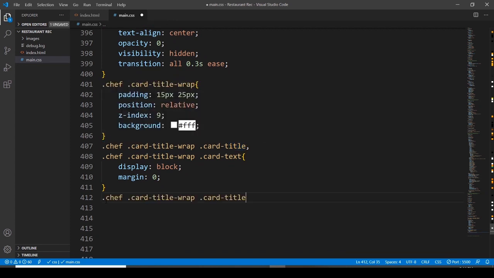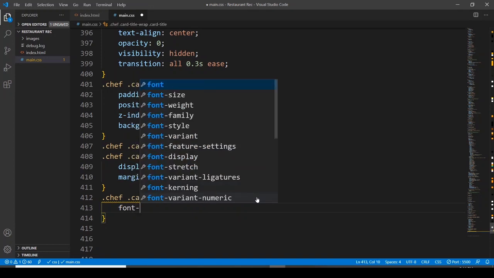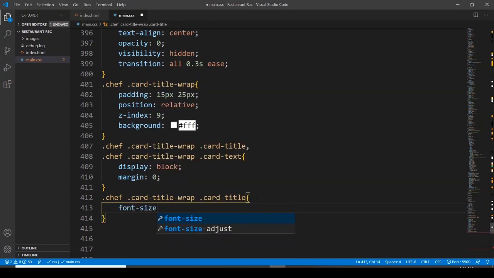We paste it here. Card, chef card title wrap and card title class, and the font size for this is going to be 24 pixels. Then the color for this is going to be black,